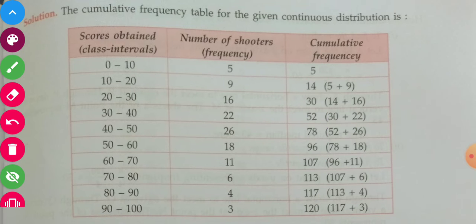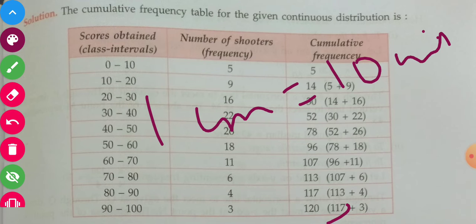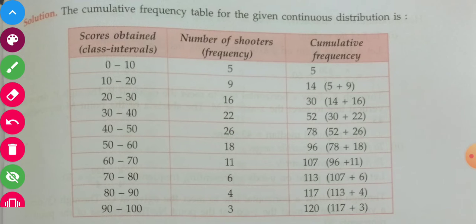You have many options depending upon your graph. Either you can take 1 centimeter equal to 5 units, or maybe 1 centimeter equal to 10 units. Even if you take 10 units, you will have to draw 12 lines, right? This is 120. So according to your graph, you can take the scale.